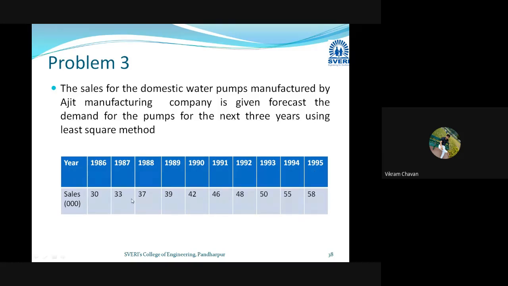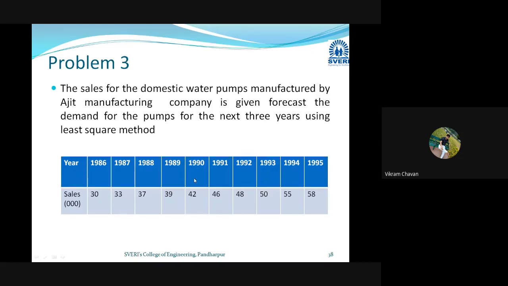But in case of 10 years, what will be the middle year? Okay, so we can't say any year as a middle year. In case of 10 years, that is nothing but an even number. Okay, Shweta is saying 1990 will be the middle year. Then if you consider 1990 as the middle year, then before that 1, 2, 3, 4 years are there, and after 1990, 1, 2, 3, 4, 5 years are there. So it is unequal. So that will not be a middle year.